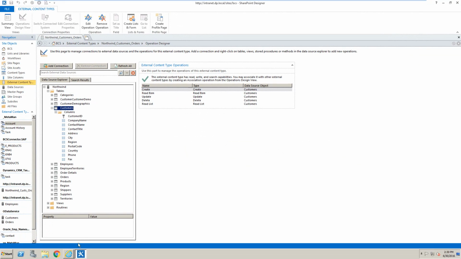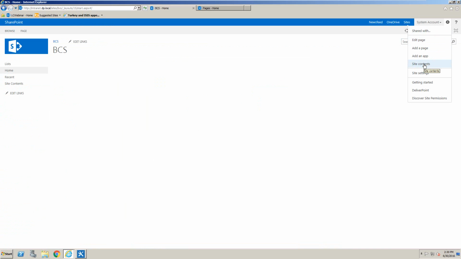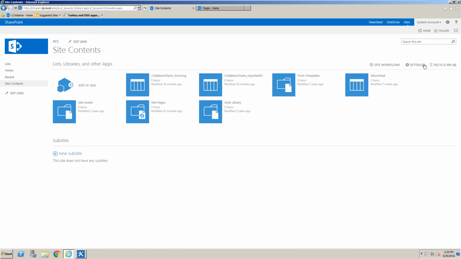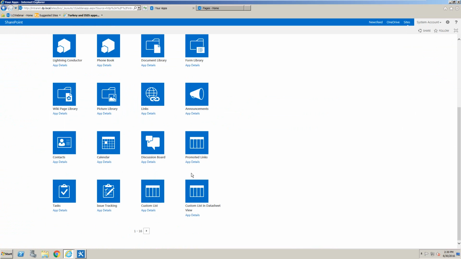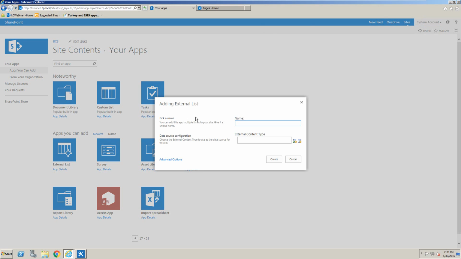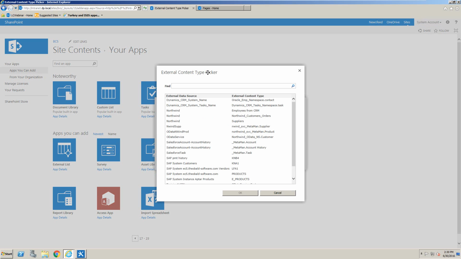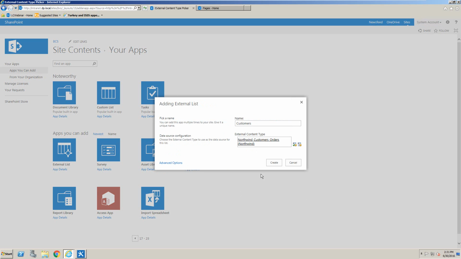So the next thing we can do is go into SharePoint, and whilst we're in SharePoint we can go through and test the data by creating something like an external list. So if we go to Site Contents, we can select Add an App, choose the external list template, provide a name, and select our external content type. So within the list of external content types, we will choose the Northwind customer orders, click onto OK,